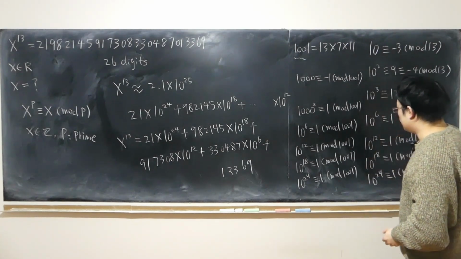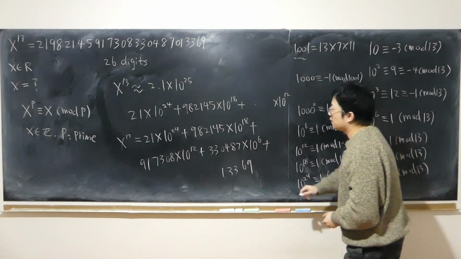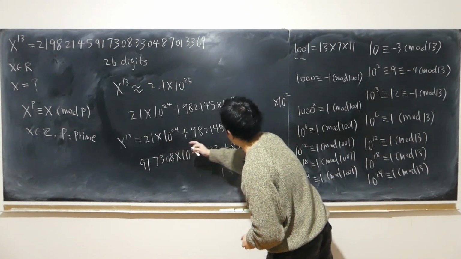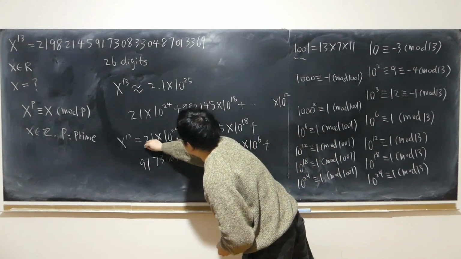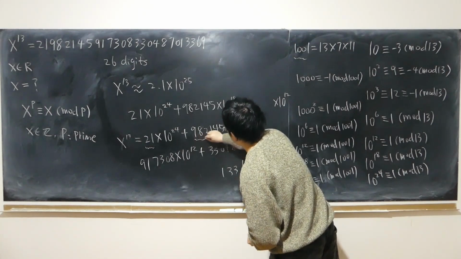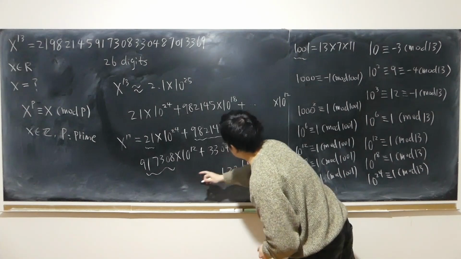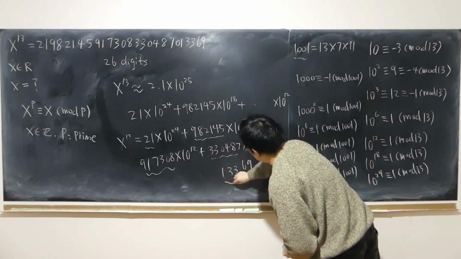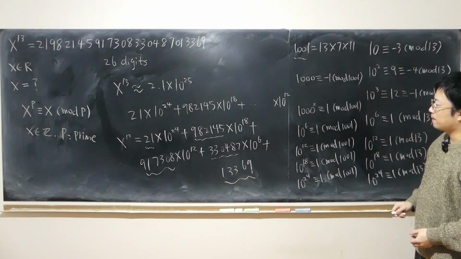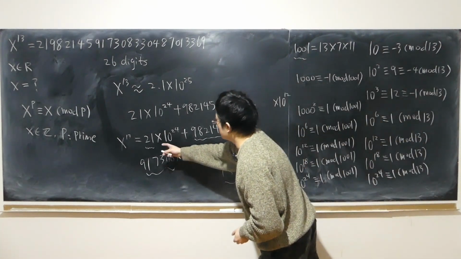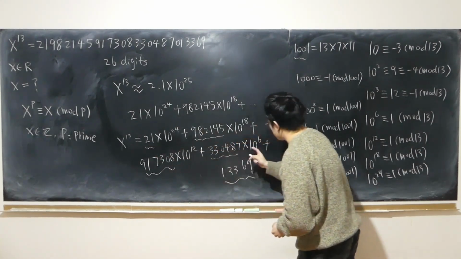Right? Like I said, the remainder of this is just ones. Just remainder of 1, remainder of 1, remainder of 1, remainder of 1. So all I need to know is to find out the remainder of this number, this number, this number, this number, this number, divided by 1001. Right? Remainder of this times 1, remainder of that times 1, remainder of this times 1, remainder of this times 1,